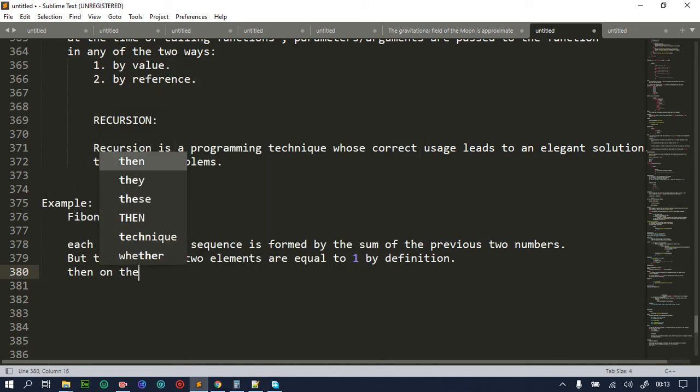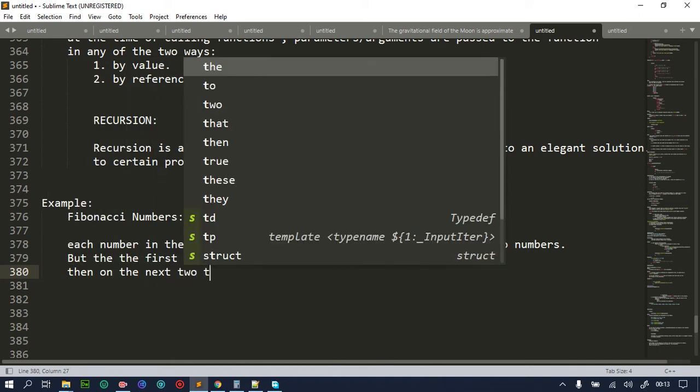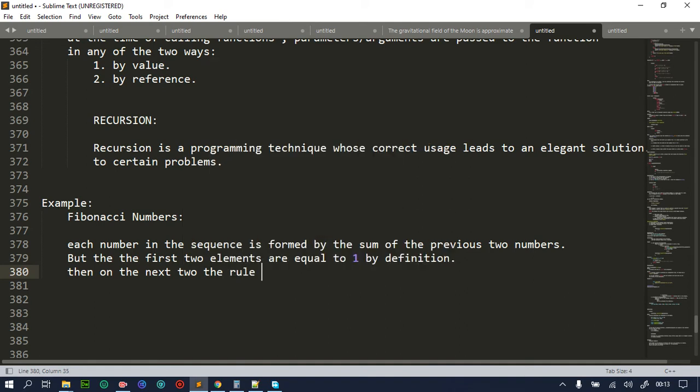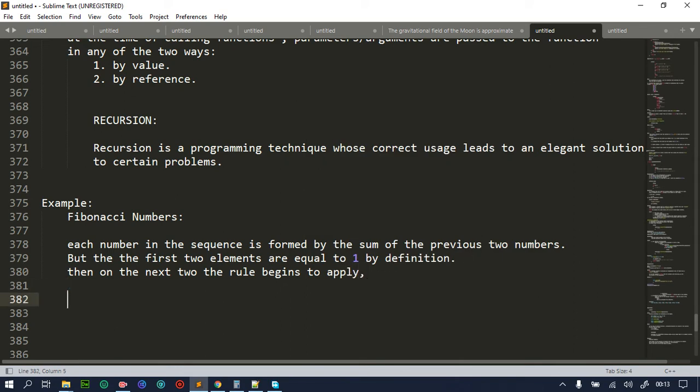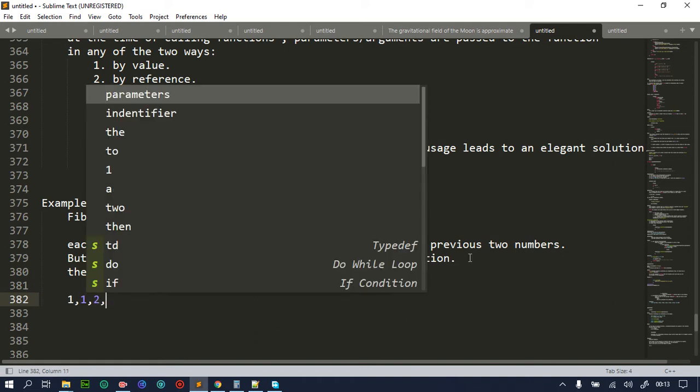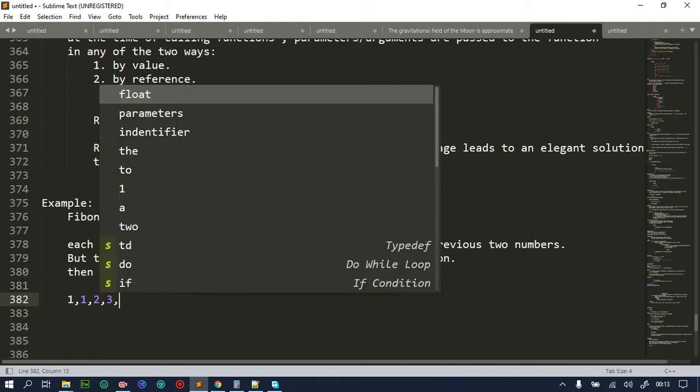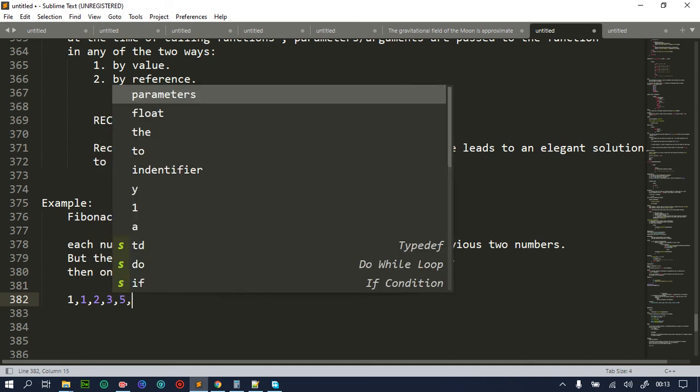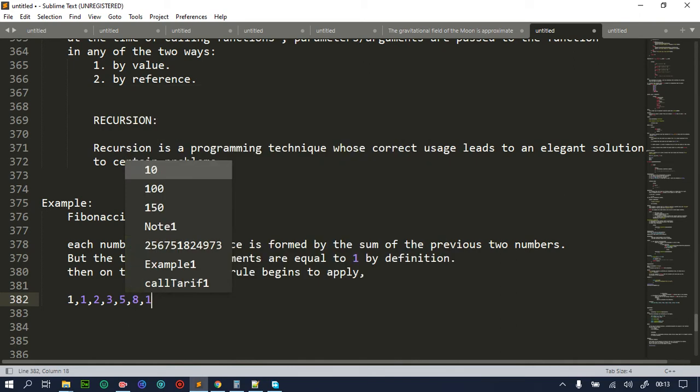Then on the next two, the rule, which rule? The rule that I've mentioned up, being an outcome of the summation of the two previous numbers. So then on the next two, the rule begins to apply. What do I mean? If I had 1 and 1, then I'll have 2, because 2 is the sum of 1 plus 1. Okay, so I'll have 2, then I'll have 3, I'll have 5, help me there, 8, then